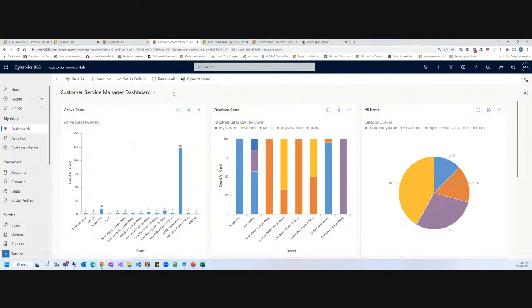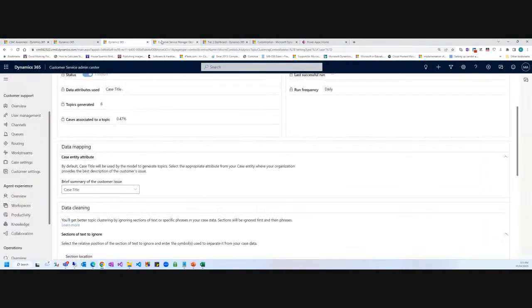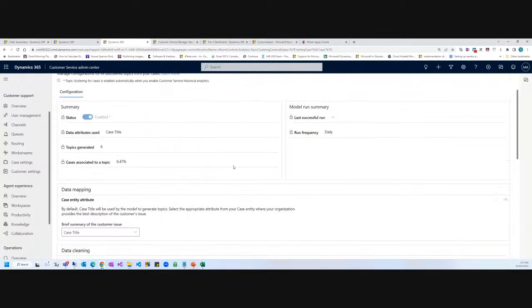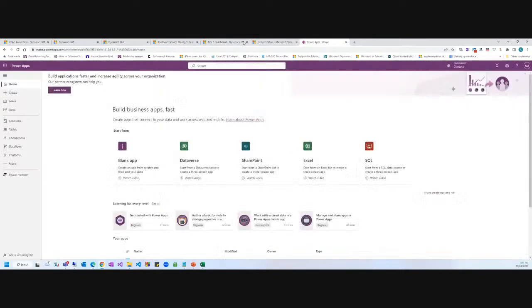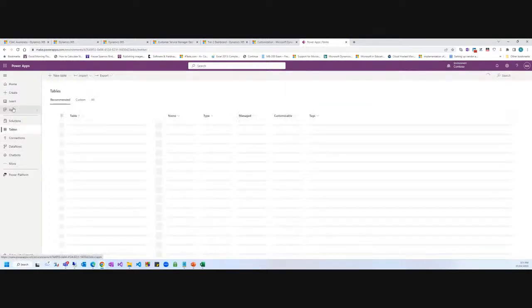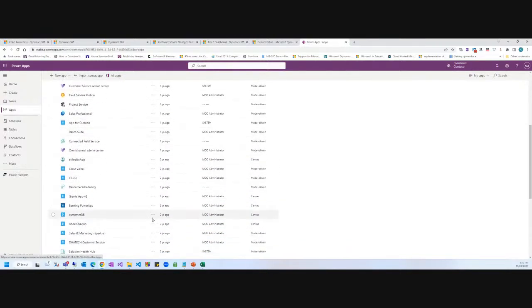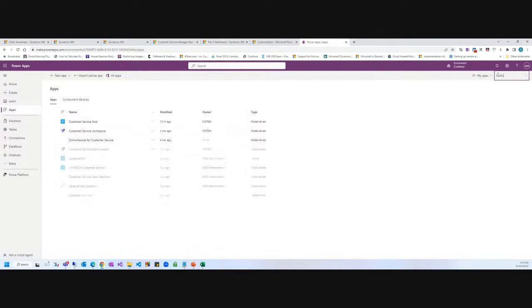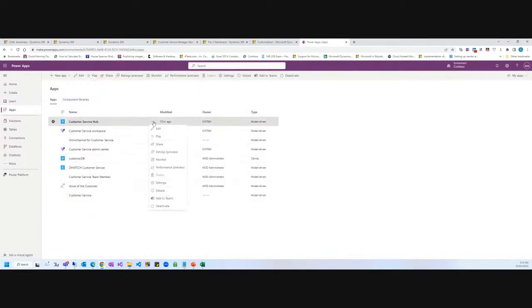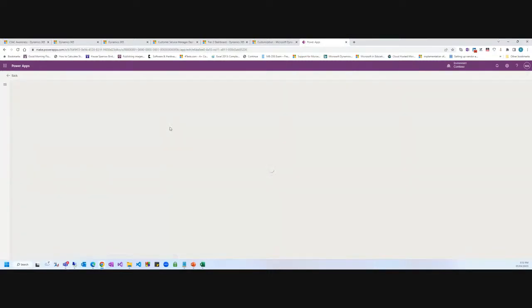How do I build this dashboard? We have the standard dashboard. How do I build it? The first thing I want to see is this is the out of the box customer service, right? If I go to this, make sure we are in the right environment, and I can access tables from here, and this is customer service. Where is the customer service? Okay, customer service hub. And then once I click on this, click on edit. From here,